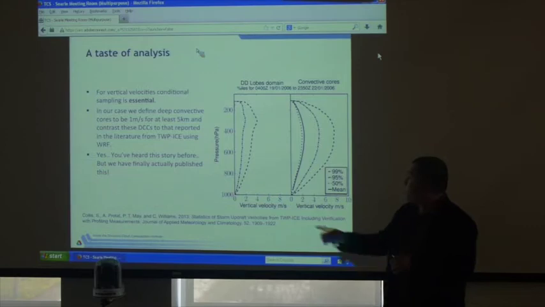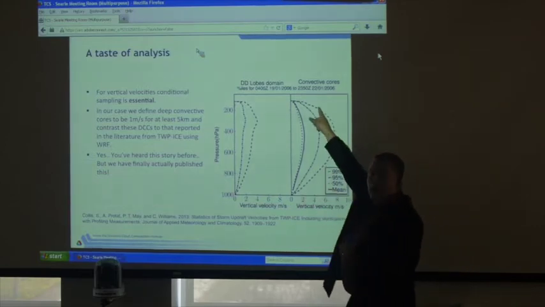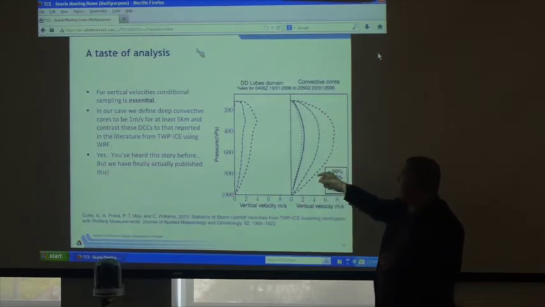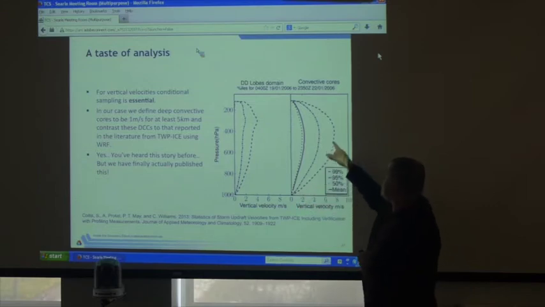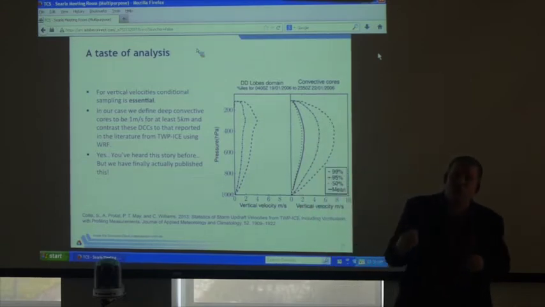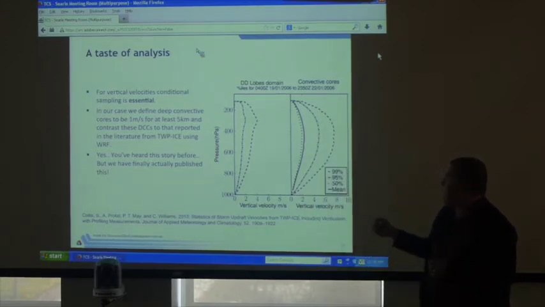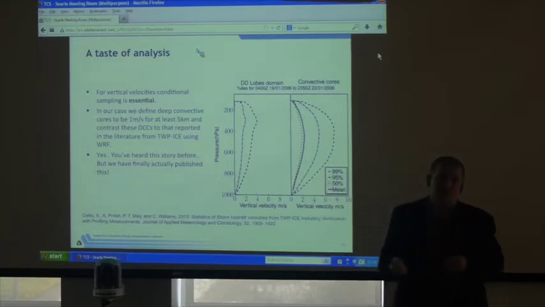Then what we're able to do is compute statistics of vertical velocity over two weeks' worth of data to work out where our larger updrafts in our storm systems are, where our smaller updrafts are, what our 99th percentile vertical velocity in the atmosphere is, and what, say, our mean 50th percentile vertical velocity is.